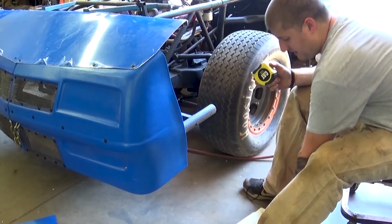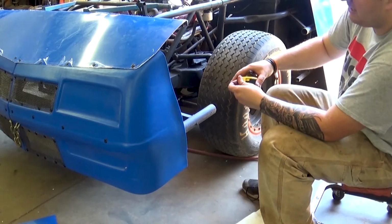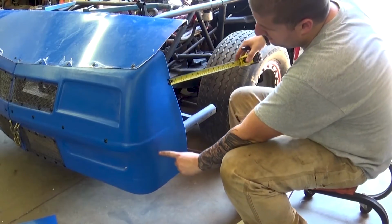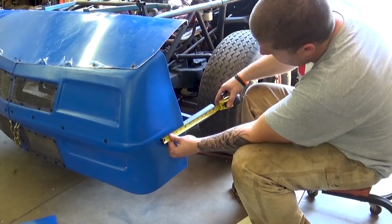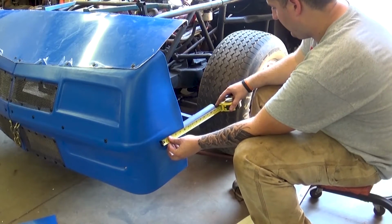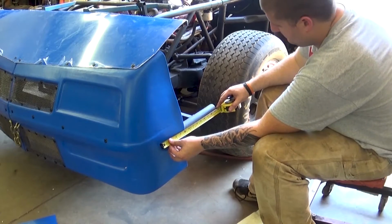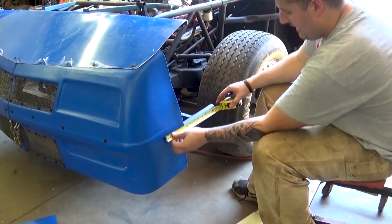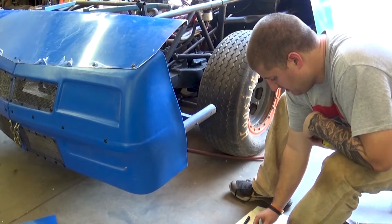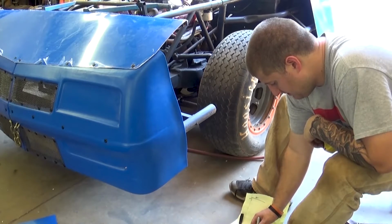Okay, so starting off, I've got my piece of paper with my notes on it here. I pretty much just measured from about where this piece here stops on the nose, and I just kind of come down. So about right there, it doesn't have to be quite that perfect. And then I'll measure to the end of my steel tubing right here, which is about 13 and a half. So I know I'm writing it down because I will forget. Need 13 and a half